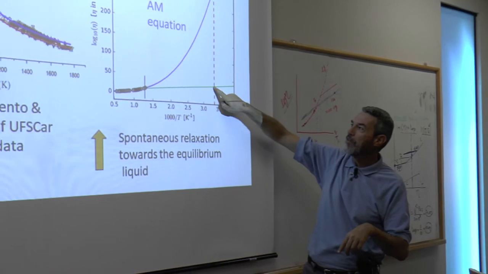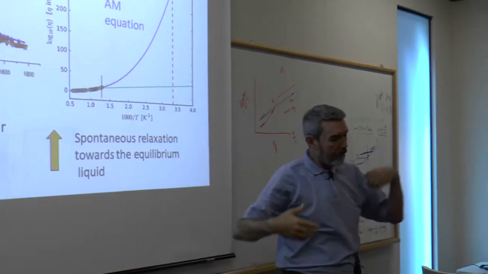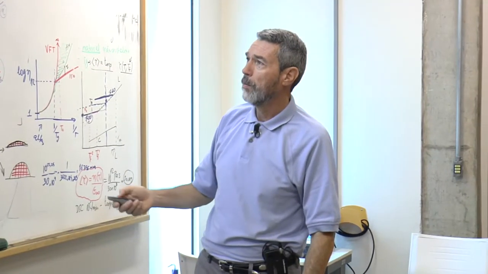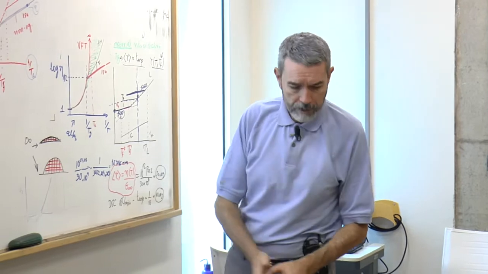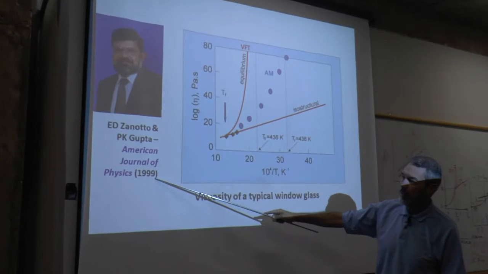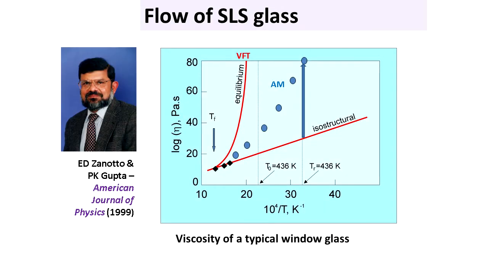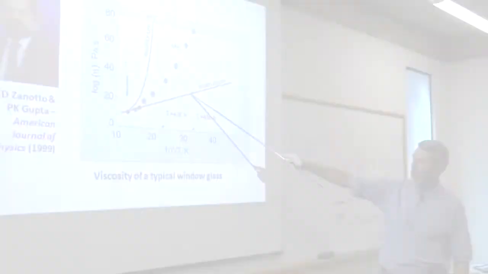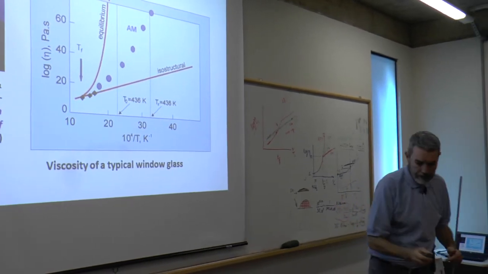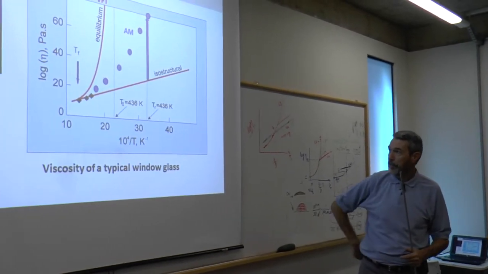So we have used this value for an estimate of the lower bound. Our estimate for the lower bound was, well, we did with Professor Gupta in American Journal of Physics 1999, this second article, now using a soda lime silica glass, no longer GeO2 glass, and we use this value here of isostructural viscosity and a typical modern window glass. And the time was,